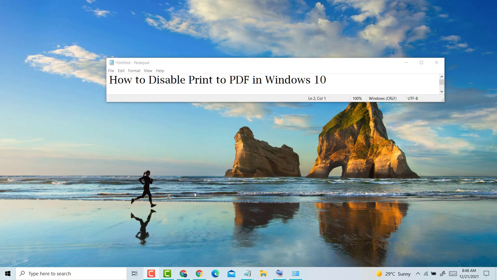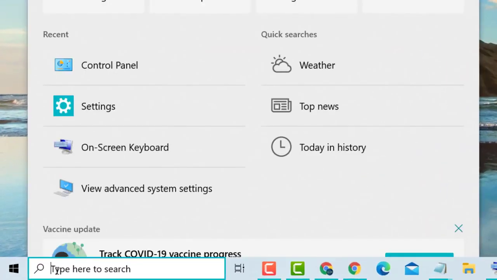Today in this video, I'm going to show you how to disable print to PDF in a Windows 10 PC or laptop. So guys, if you want to disable print to PDF in Windows 10 PC, it's very easy. Firstly,